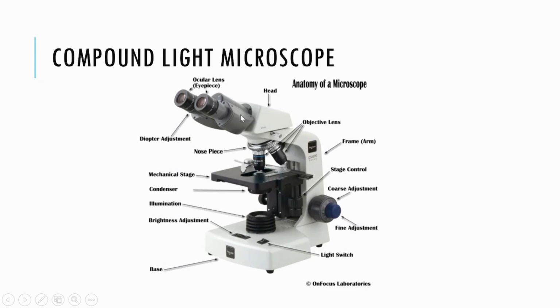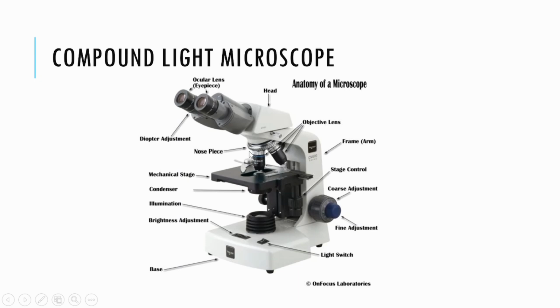We have the head that connects the ocular lenses to the rest of the microscope. We have the arm, which extends down, the base, which is the bottom. We have a light source, which provides the illumination, an on and off switch, a knob that can help adjust the brightness of our light source, a condenser, along with the stage where we will hold on to our sample that we're viewing,